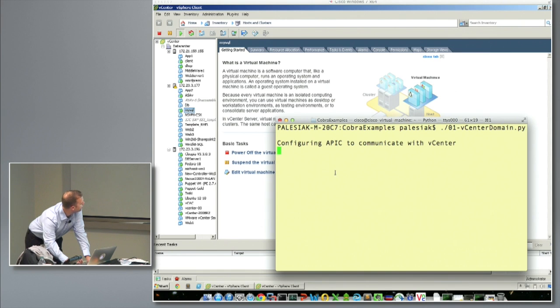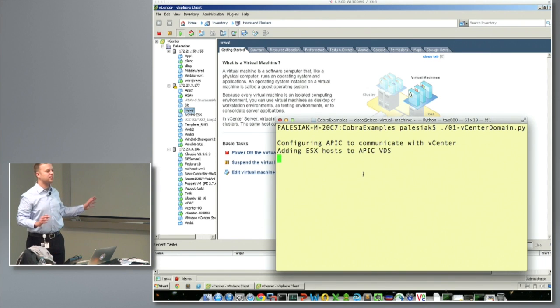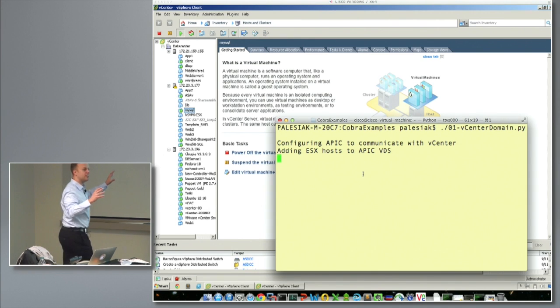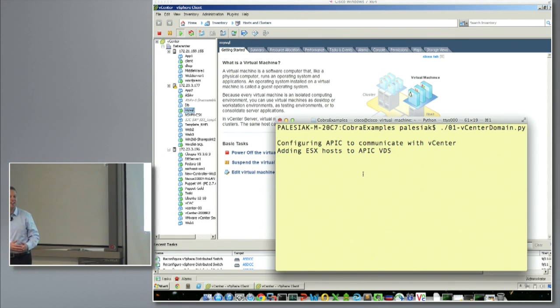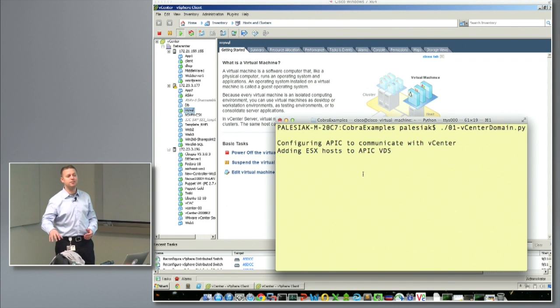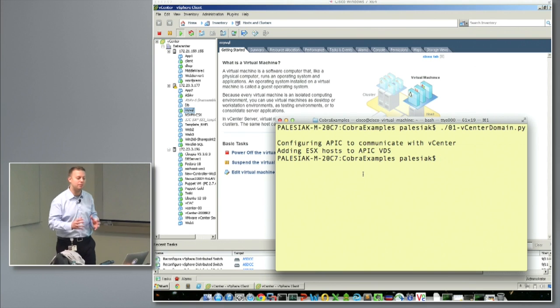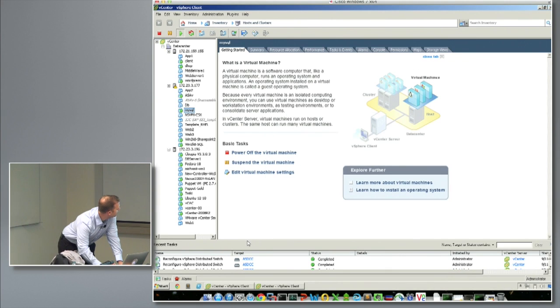But in either case, what I'm going to do here first is configure APIC to communicate with vCenter. So, okay, Joe, you talked about the communication side of it. All right, so you know that APIC is able to talk to ESX. It can figure out what VMs are on each blade, do discovery through LLDP, and be able to apply policy on an interface as is necessary. So no matter where a VM moves in the fabric, you can apply policy to it, which is a very, very cool thing. So what I've done here is that I configured my APIC to work with this ESX